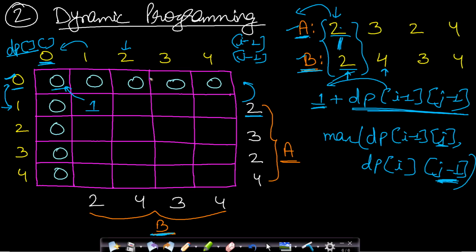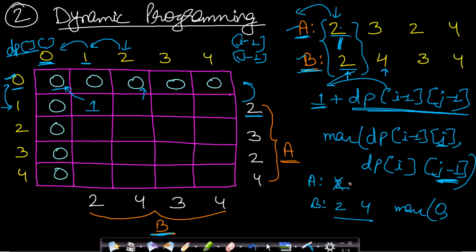So j minus 1 means we will not include this current element and we will include only till the element j minus 1. So there can be 2 configurations possible since this list A is having 2 and list B is having 2 and 4. So the first configuration is leaving one element from A. So A will become empty and B will be having 2 elements. So in this case you can see that this is the one we are talking about. So this will always have value 0. So max of 0 comma.